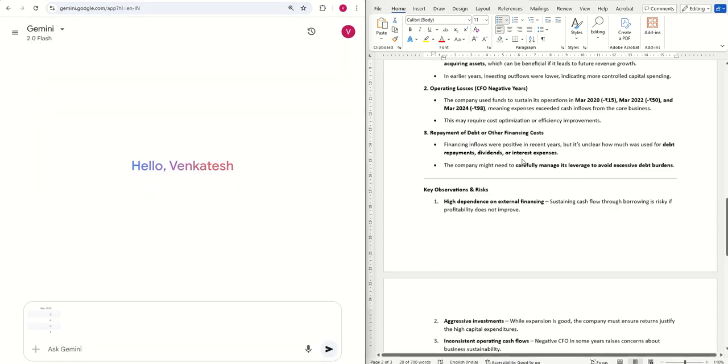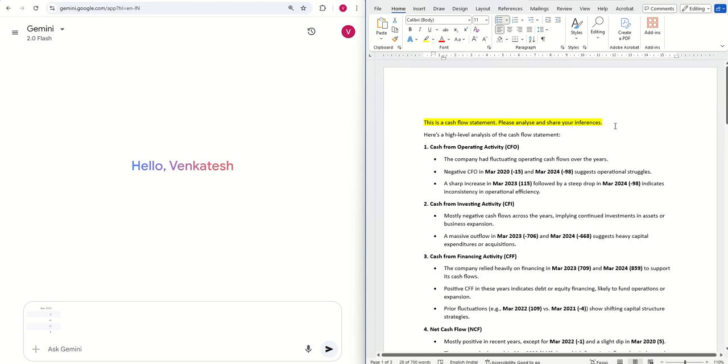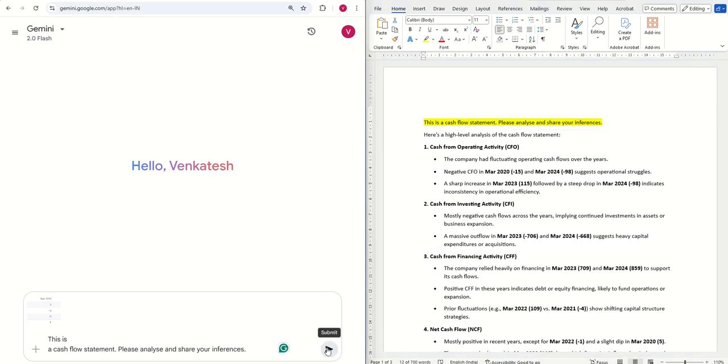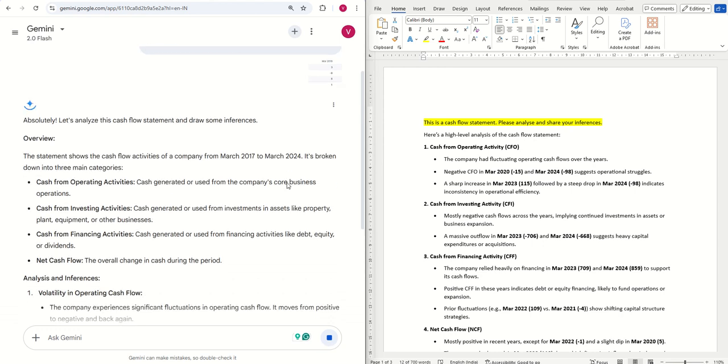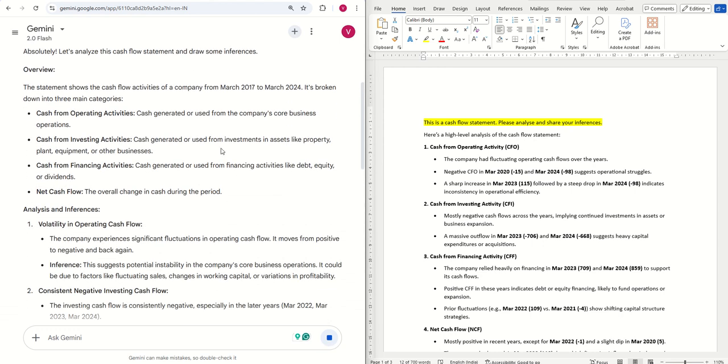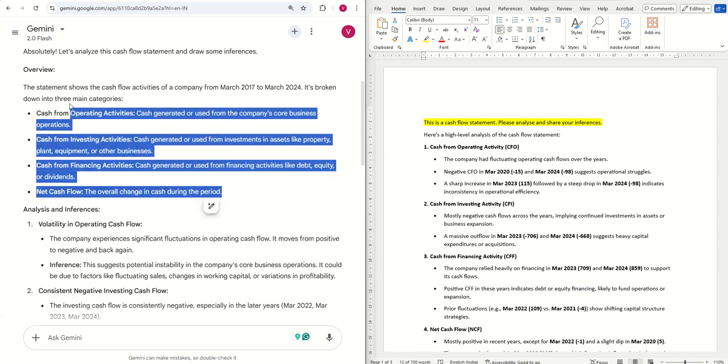Now let me repeat that for Gemini. The image has been already uploaded, so I'm going to just give the cash flow statement for output. Okay. Here it starts with just defining what a cash flow statement is and so on: cash flow generated from the company's core business. So it gives the academic background of what is what first,